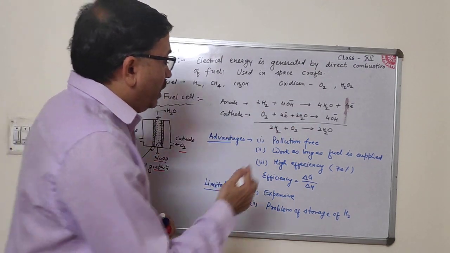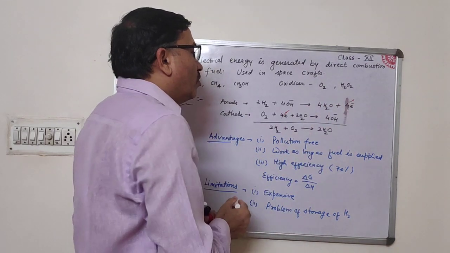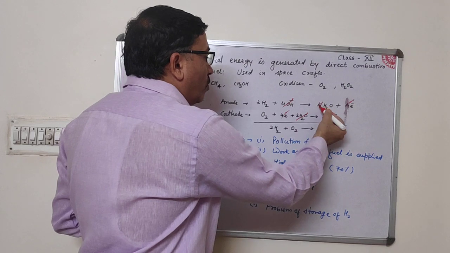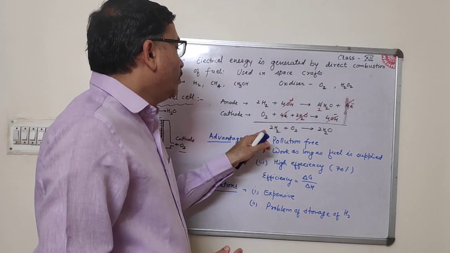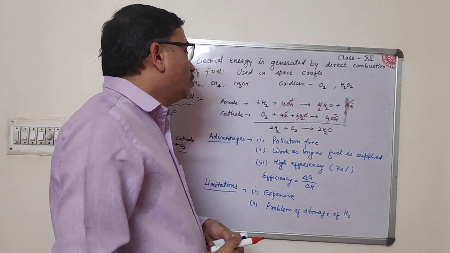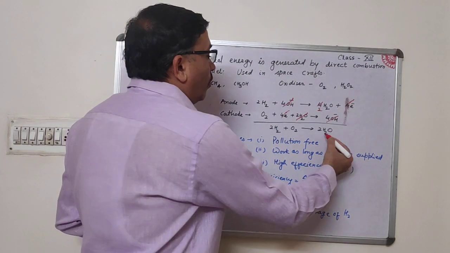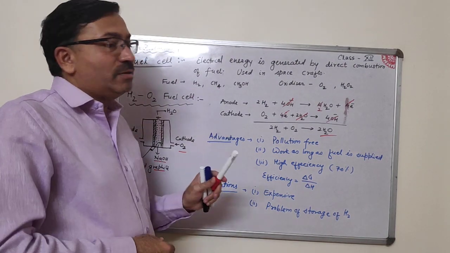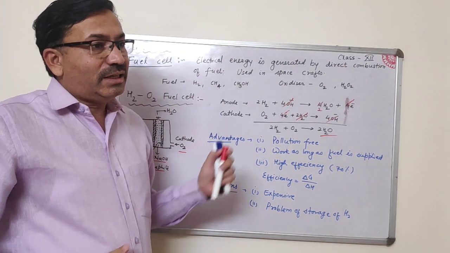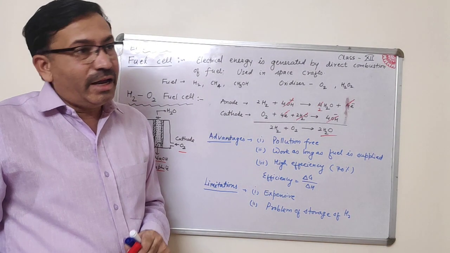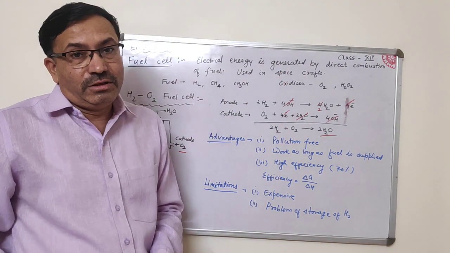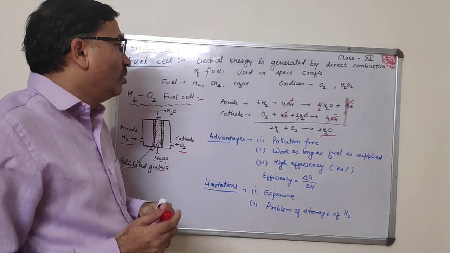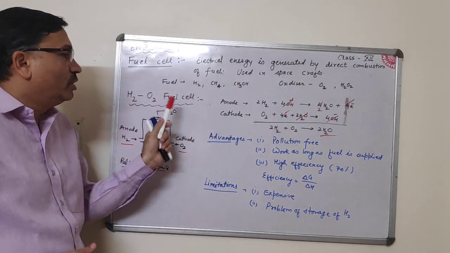Now in the overall reaction, you can see 4 electrons to 4 electrons cancel, 4 OH to 4 OH cancel, 2 OH to 4 OH cancel. How much is left? 2. So we have 2H2 plus O2 gives 2H2O. And see, water is formed in this reaction. In other cases, products were harmful. In this case, see, water is formed as the product, and as I told, it is used in spacecrafts. So that water can be used by the persons who are handling those spacecrafts. See here, H2O is produced.